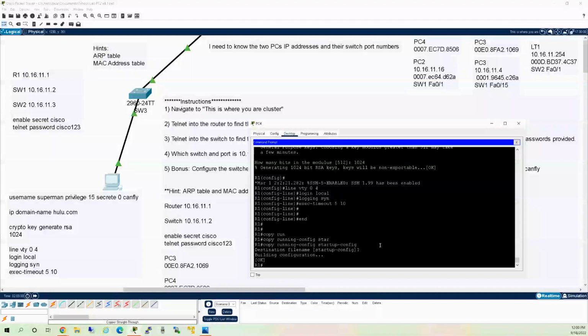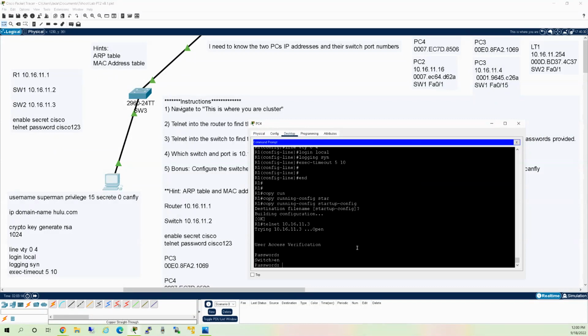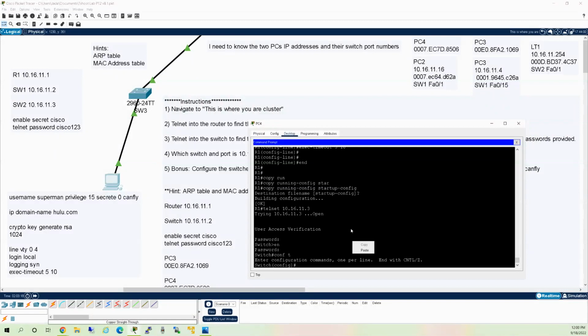see it. Alright, so R1, now let's Telnet to the third switch, or the third network device, which is the second switch, 10.16.11.3. Let's go 1, 2, 3. Enable, cisco,